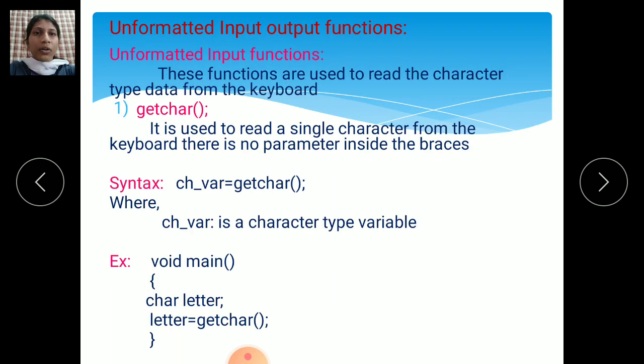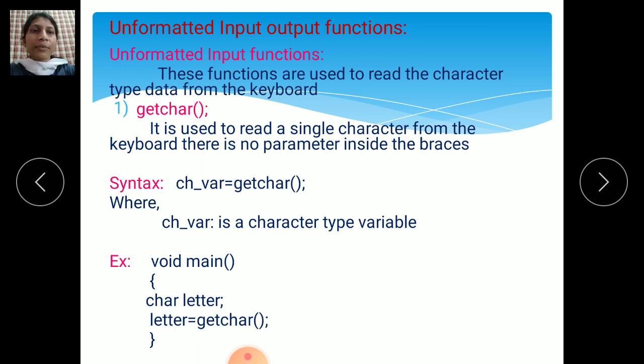Okay, see here, you have seen the formatted functions. There are two formatted input output functions: the formatted output function is printf and the formatted input function is scanf. Now the unformatted input output functions. Unformatted input functions are used to read character type data from the keyboard.